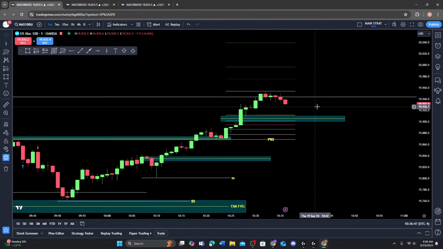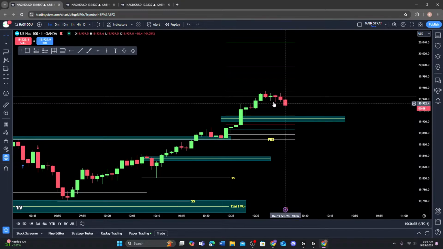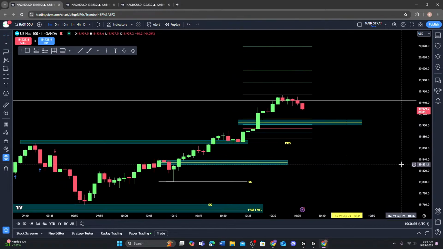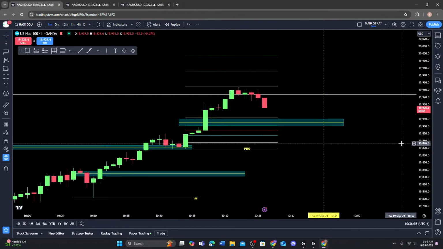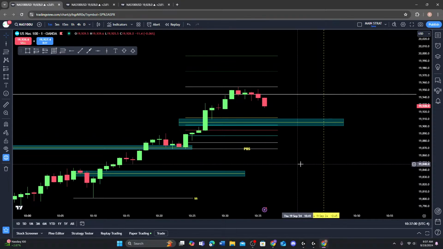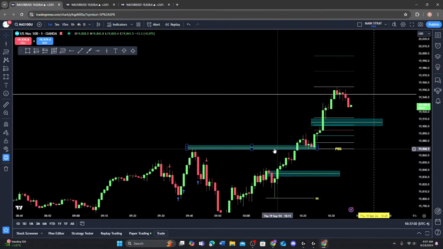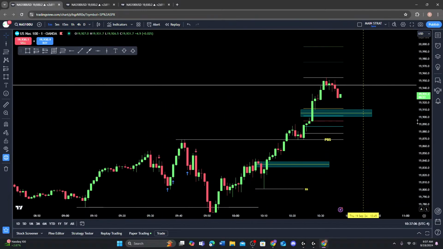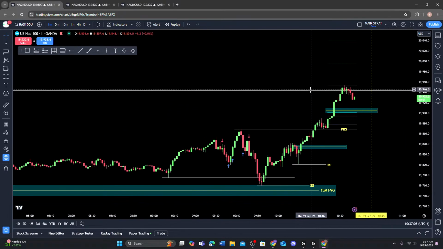We do at 10:45 is when I look for that shift and delivery, at least signs of it. So let's see what we got here. So we got a huge price leg, which took out